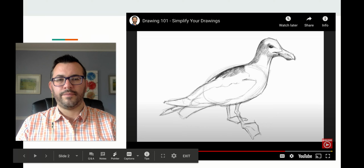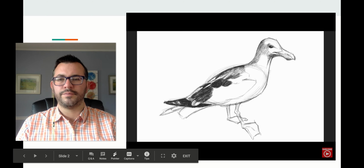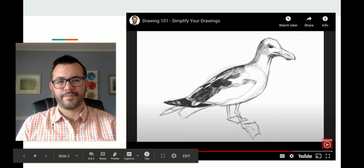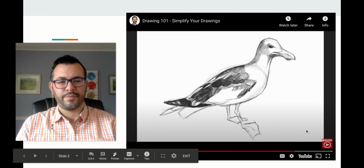It's just a process of breaking down complex objects into simple and easy to draw shapes. Adding all those details like the texture, the range of value, that becomes a whole lot easier when you've got accurate shapes in place right from the start. So ultimately, it's a process of simplification, finding simple geometric shapes in the complex objects that you draw, and